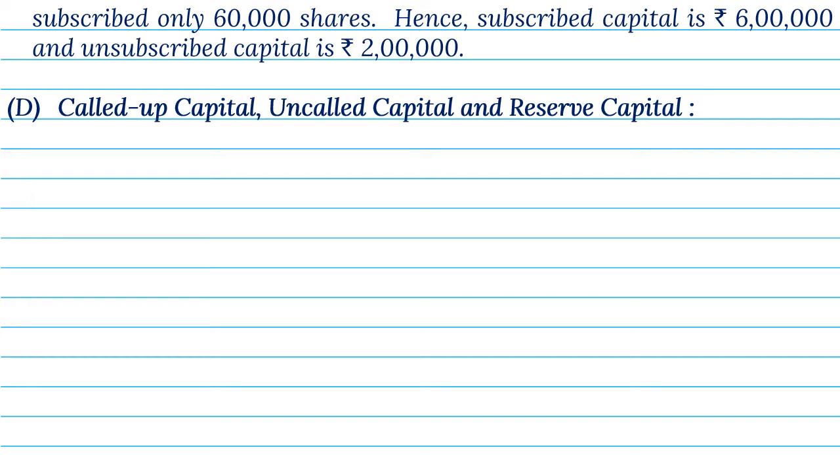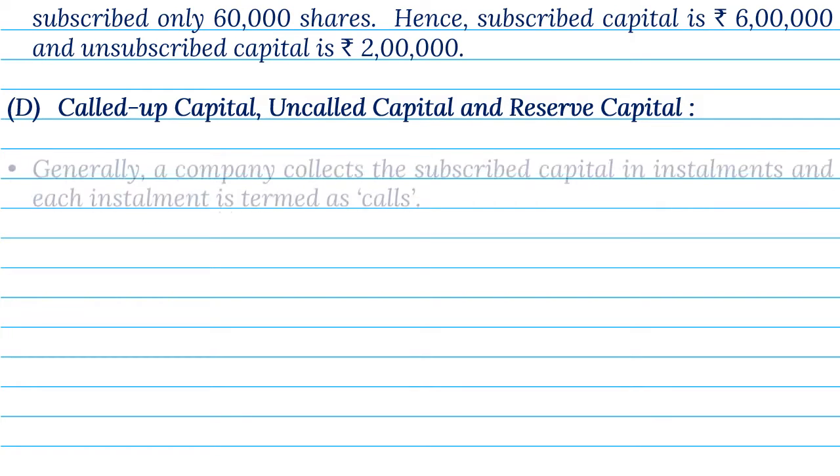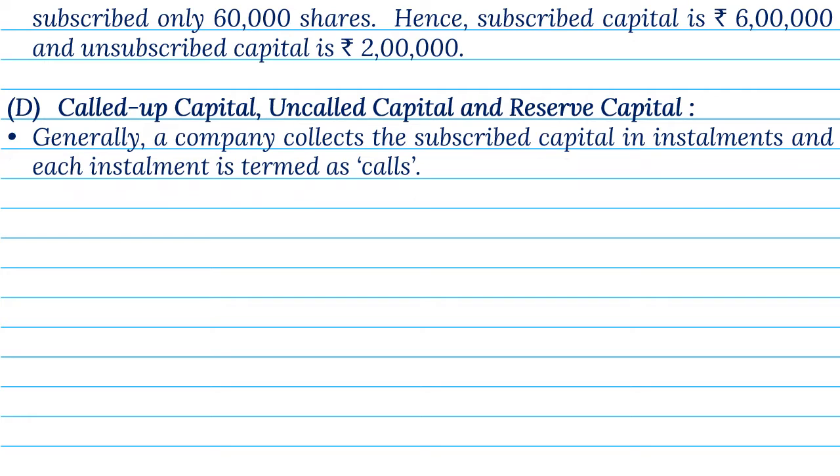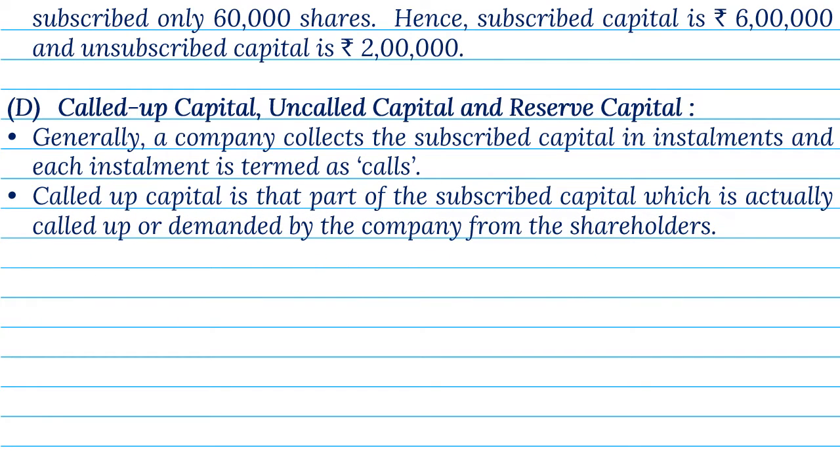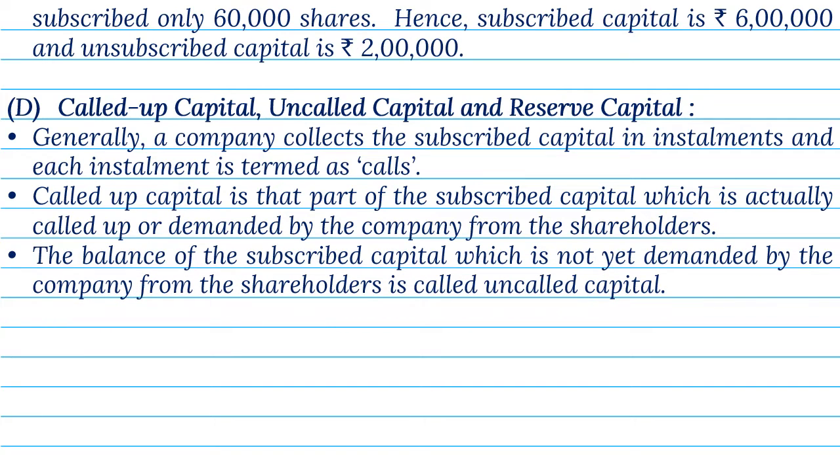D. Called up capital, uncalled capital, and reserve capital. Generally, a company collects the subscribed capital in installments, and each installment is termed as calls. Called up capital is that part of the subscribed capital which is actually called up or demanded by the company from the shareholders. The balance of the subscribed capital, which is not yet demanded by the company from the shareholders,